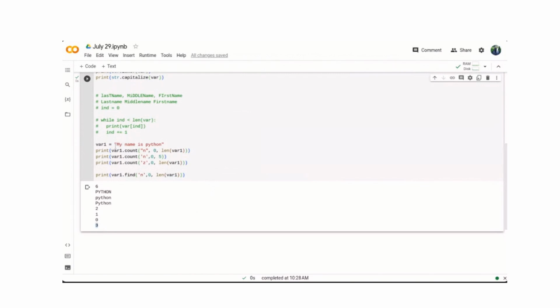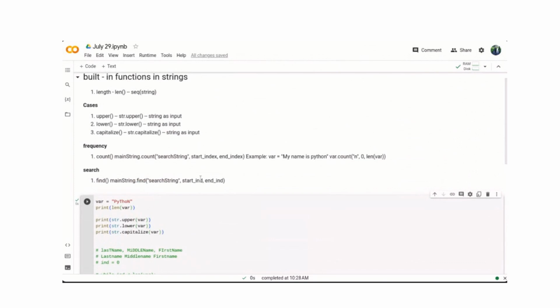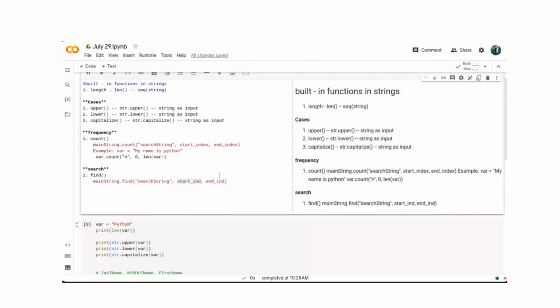Now let us see in this main string. At 0th index we have m, at first index we have y, second index we have space, and third index we have n. So that is why we have got 3 printed here. So what is the note that we can take away from here is,